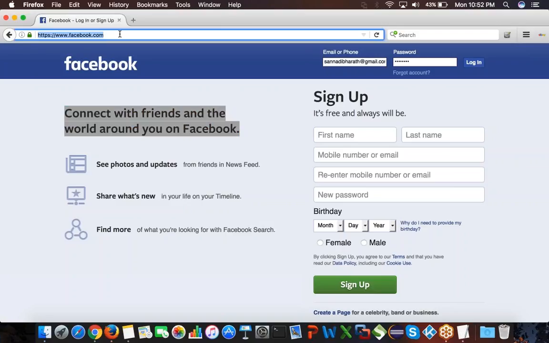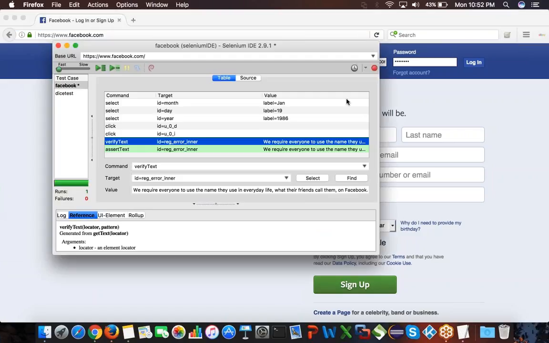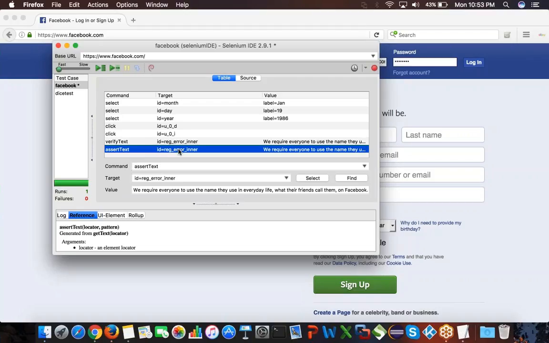In real environments, sometimes you don't see pages because of miscommunication, or the environment is not good, and so on. In those cases there is no point in continuing or automating the test case, so you can do an assert. That means you can stop the testing from there.